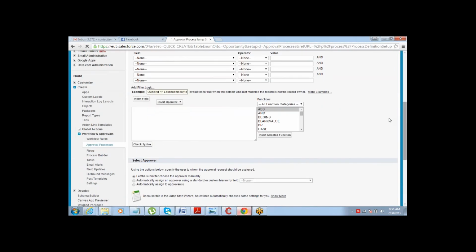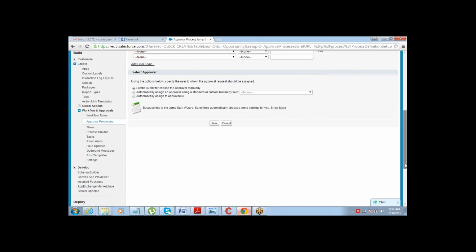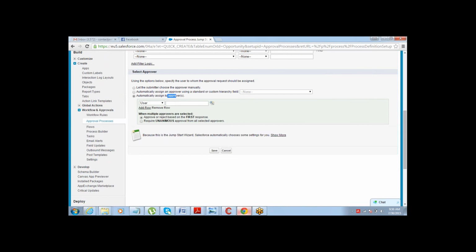So when you say automatically assign it to approver or approvers, you have the choice of putting it to multiple approvers.